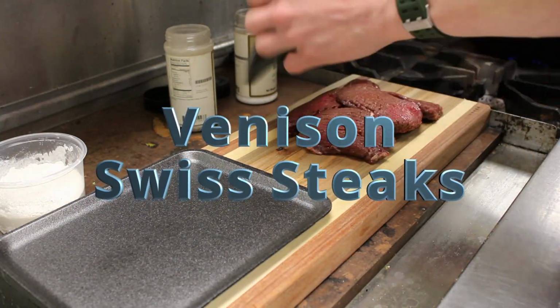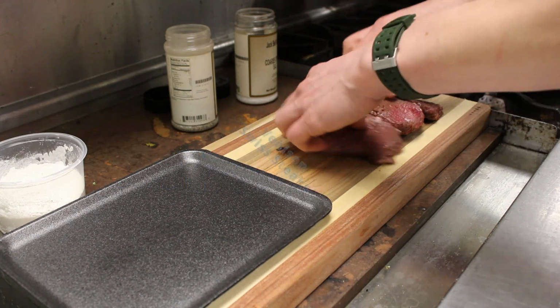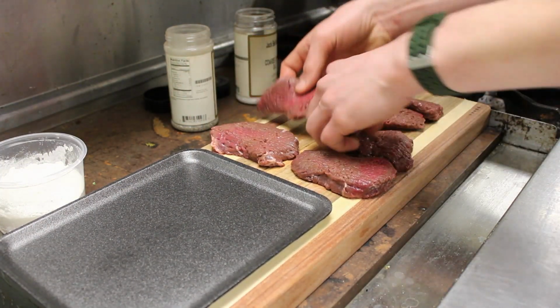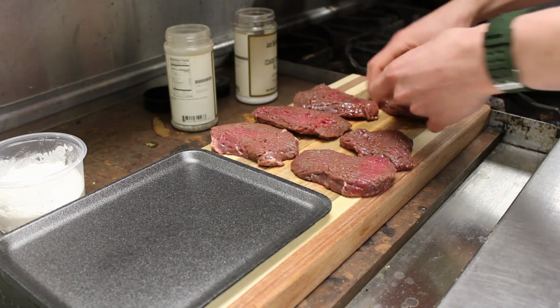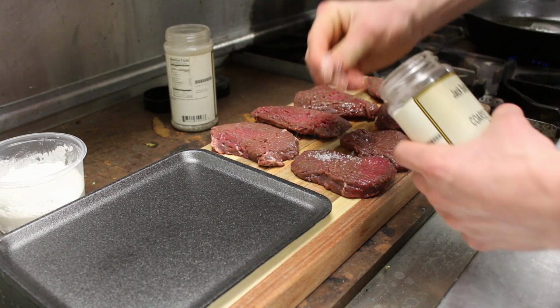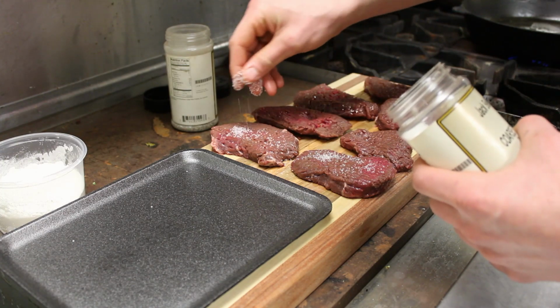I'm James Montgomery Anderson and this is the Venison Swiss steak. Here's some choice cuts out of the top round of the deer that I just harvested the other week. I've run them through the tenderizer just once, so it makes this process a little easier, but we're going to